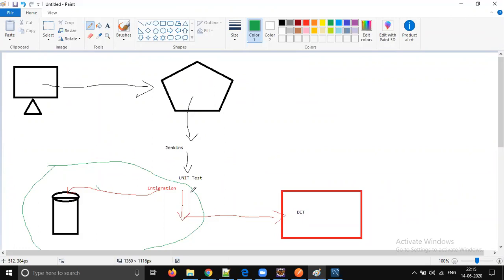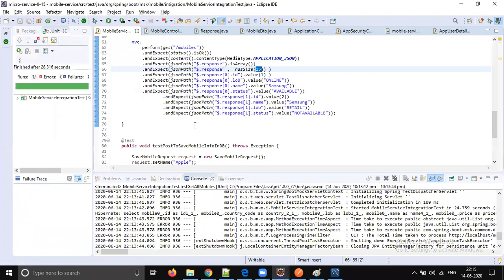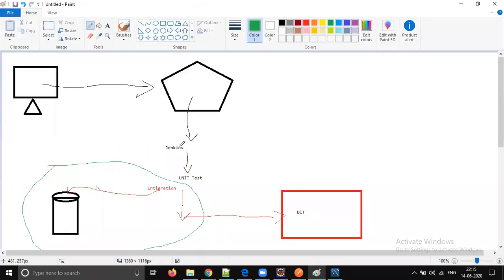But it is a costly and time consuming process. Still, in microservices architecture it is part of development, and it should be a developer task. If anything breaks in the Jenkins server, the DevOps person will immediately ping, saying this person checked in some code and it is failing. An alert email will come.